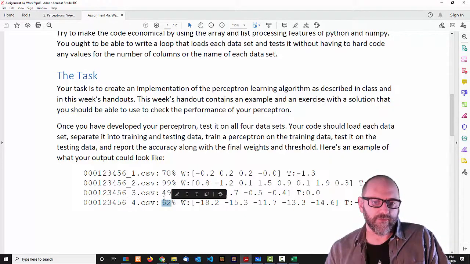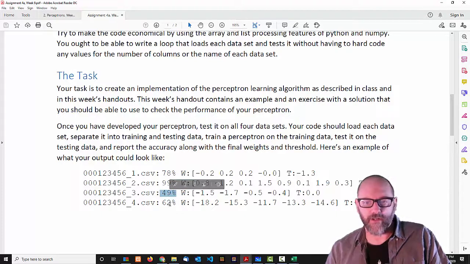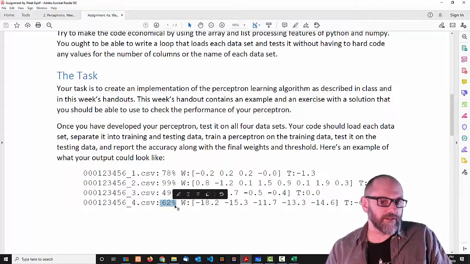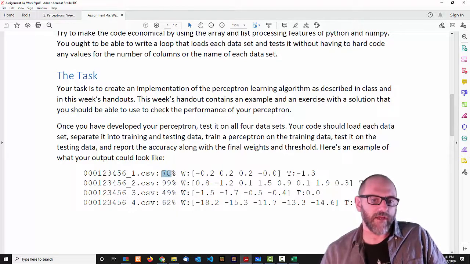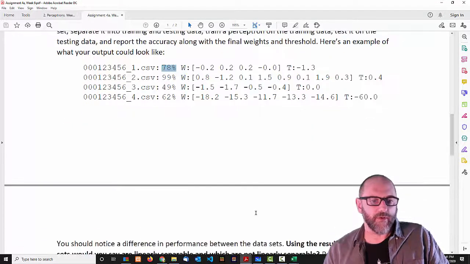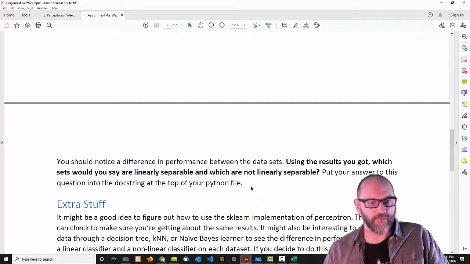You might get 62% or 79 or 49% or something like that. That means that data set is probably not linearly separable. Whereas if you get higher results, this one is definitely linearly separable. This one maybe, mostly linearly separable. So I want you to give me a little bit of a report on whether it's linearly separable or not. So it says, using the results you got, which sets would you say are linearly separable